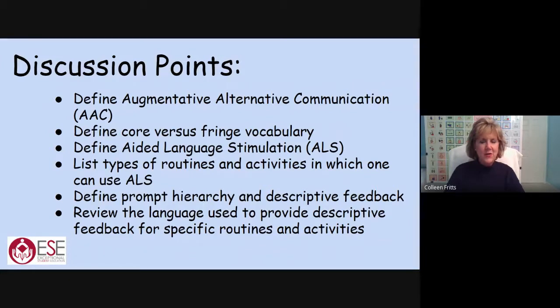We're going to define core versus fringe vocabulary and also define aided language stimulation. We'll list types of routines and activities in which one can use aided language stimulation. We'll define prompt hierarchy and descriptive feedback, and we'll review the language used to provide descriptive feedback for specific routines